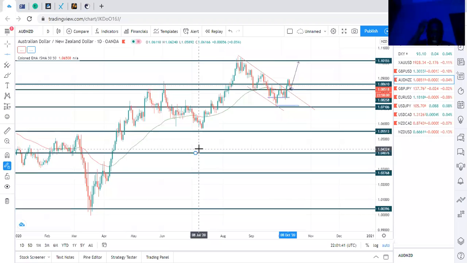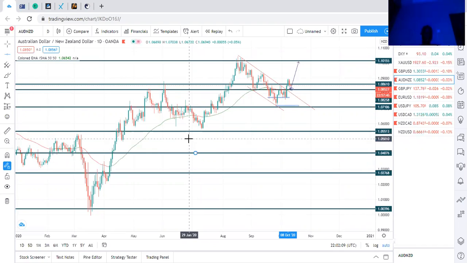Okay, so guys, this is what I am looking at. This setup looks sweet. It looks nice. I just pray it works out so I can take it from the daily here. You guys can see on the daily, these are my levels. You may think these levels are close, but I think they're up to 100 pips away from each other, so they are not that close. If you go to the H4, you will see they are not that close.